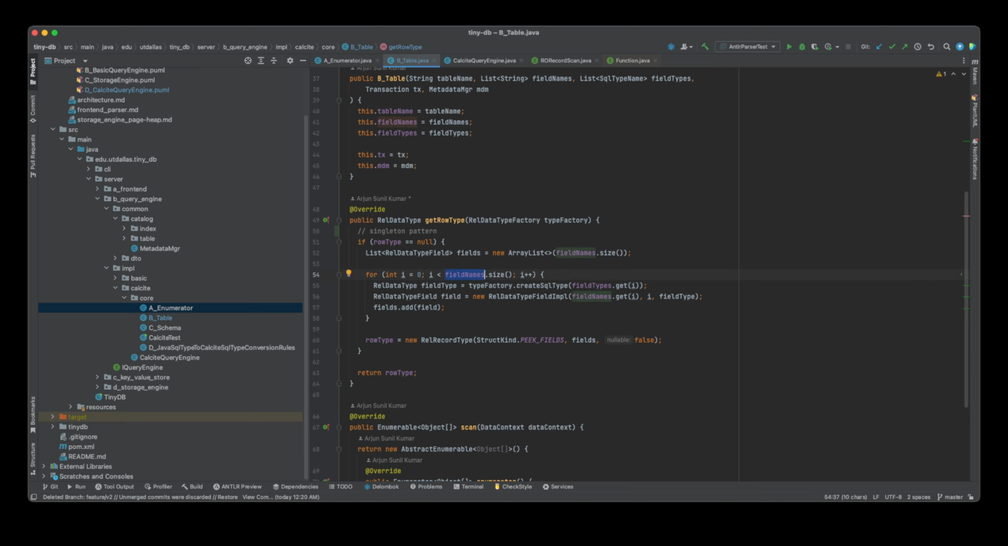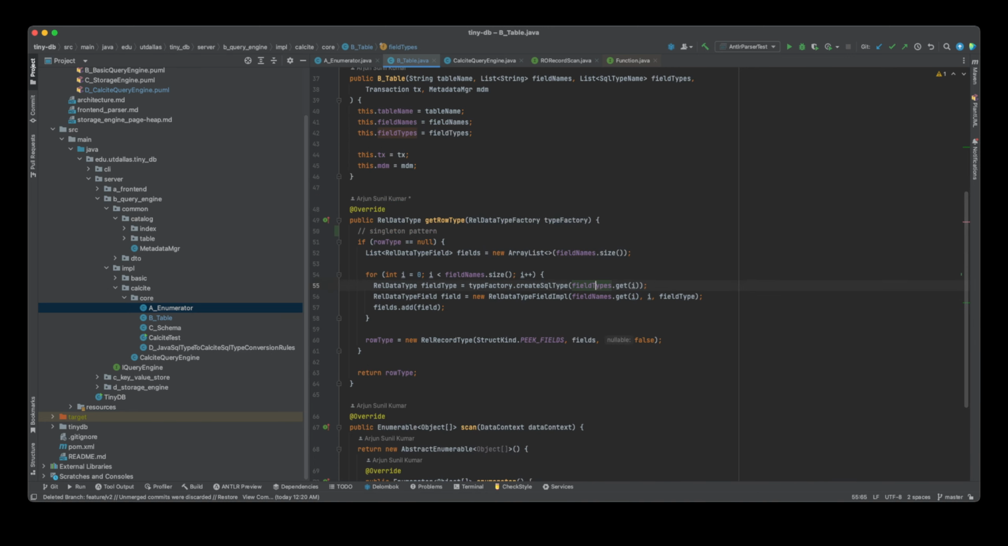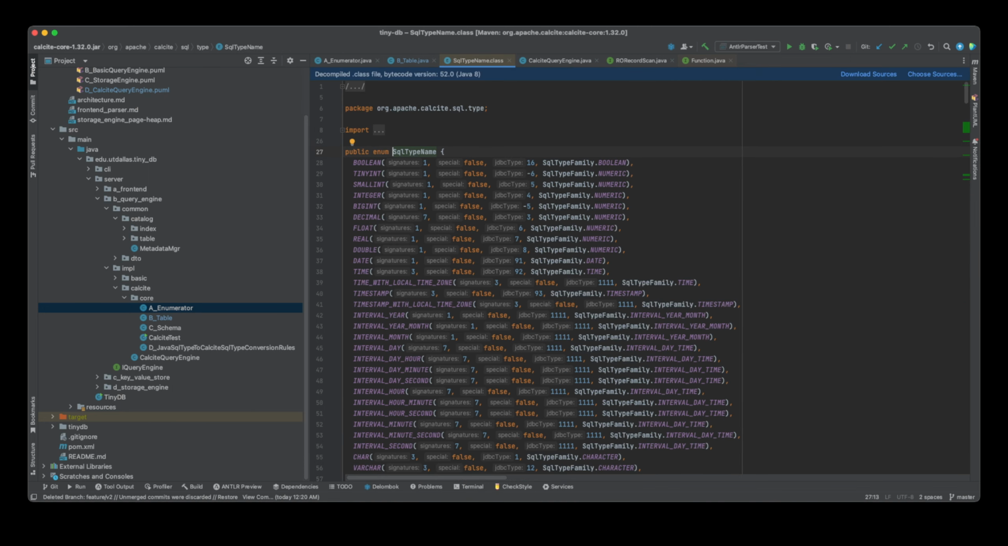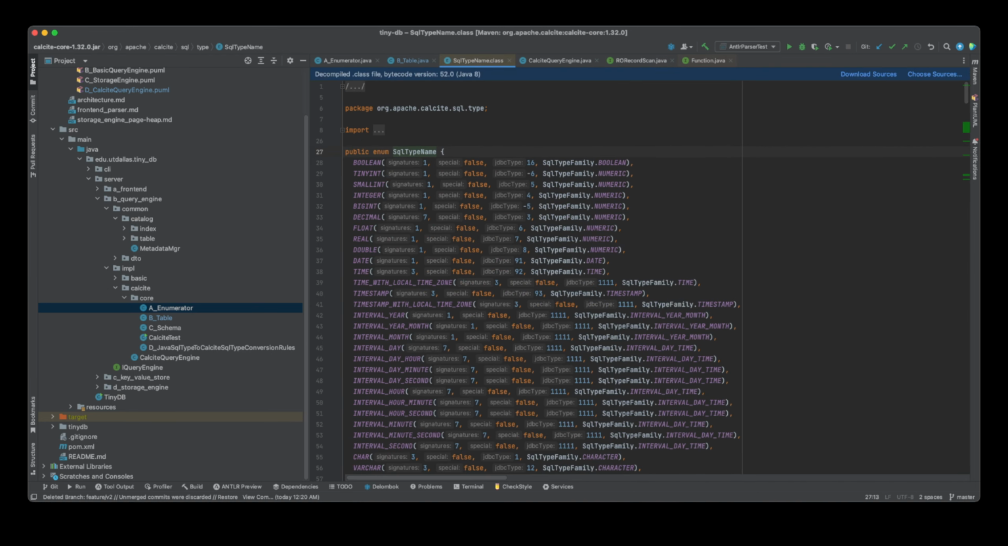We are fetching the field types for that particular index, and now we have the field name and the field type. Field type in our case is JDBC field type. All right. So in the field types we are using SQL types, and this is coming